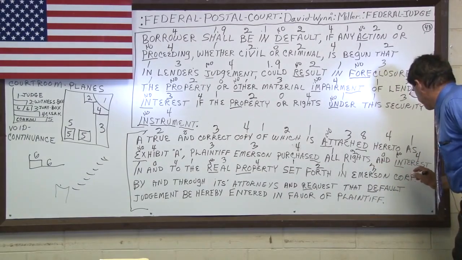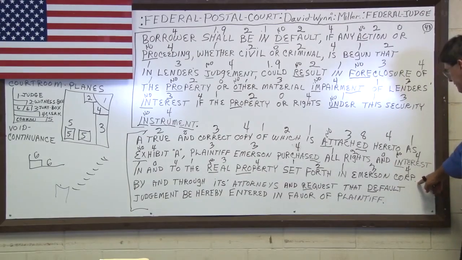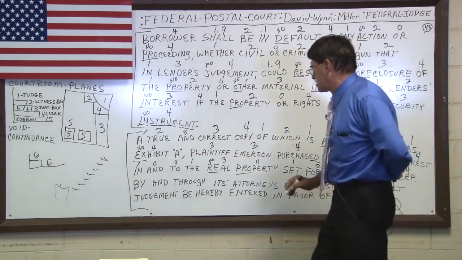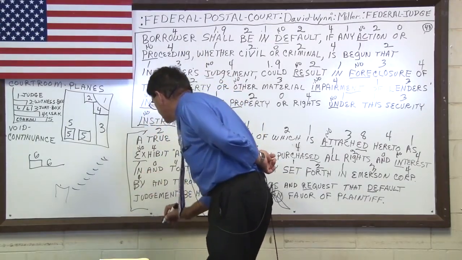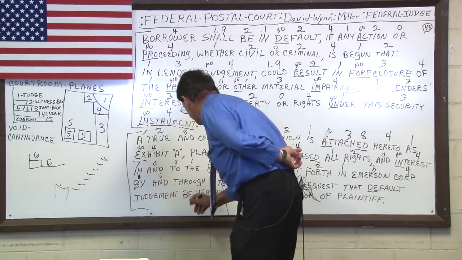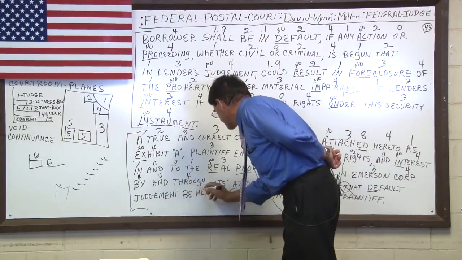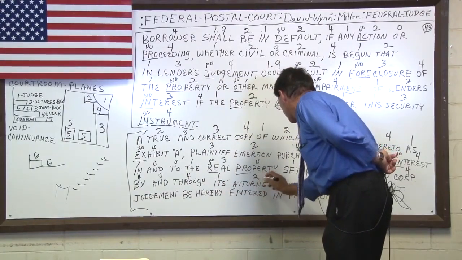And even though, now when they write corporation with an abbreviation and put a period, it breaks the continuance because it's an abbreviation. Then you go back here to the word by, it becomes a pronoun because it's a word used by itself, and becomes a conjunction. Through its attorney. Here the word through is used as a pronoun. Its is an adverb, making attorney to be a verb.